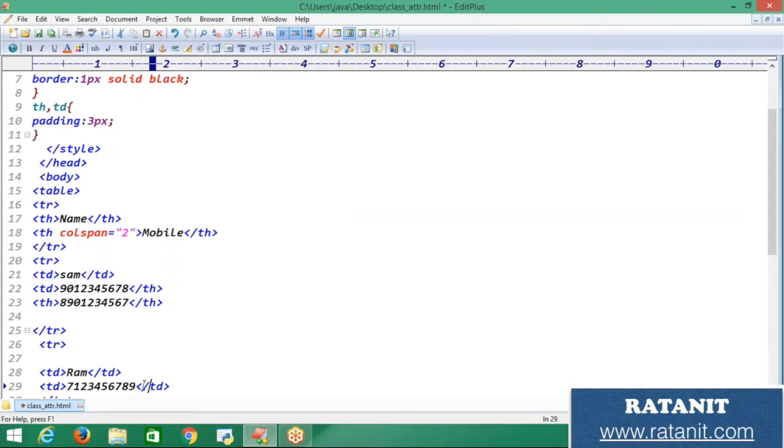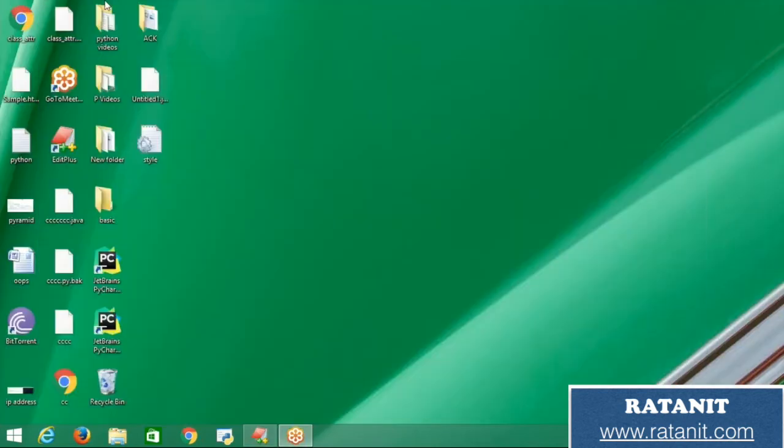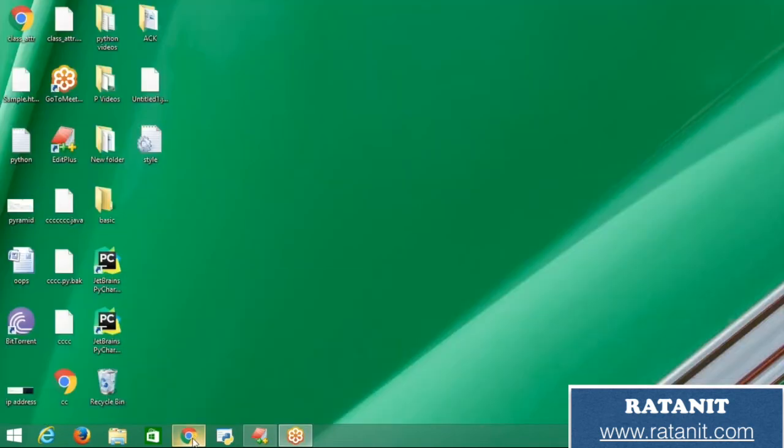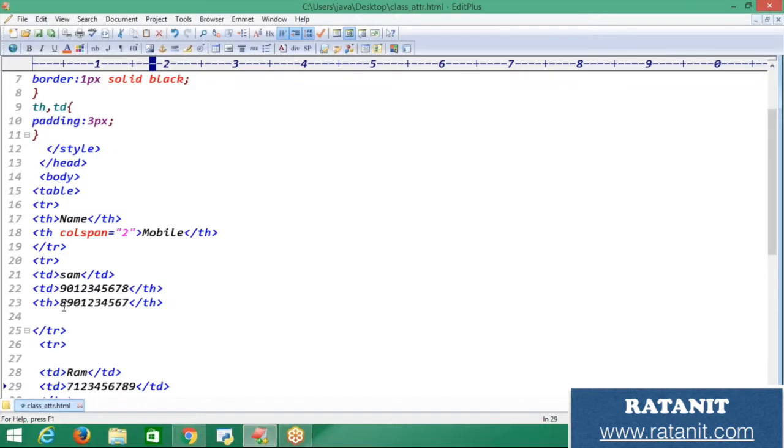Okay, now I'm going to run this program to see the output. See, for colspan, my mobile number took 2 spaces, right? If I want to apply colspan to this ram also, what do I need to do? In td also, whatever I'm writing here is only one, right?